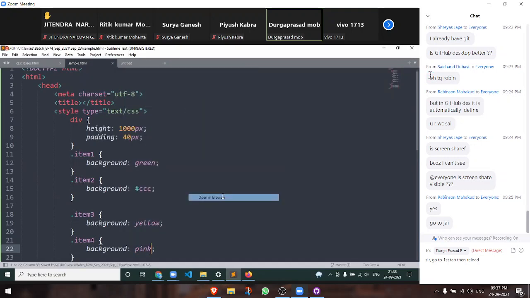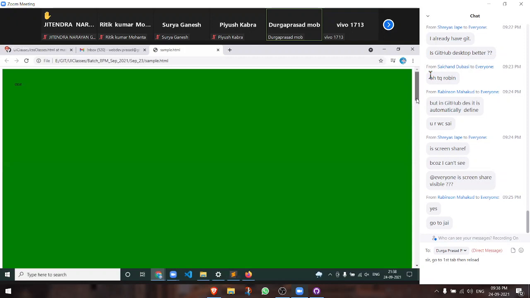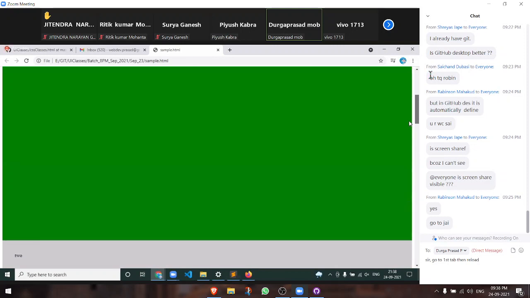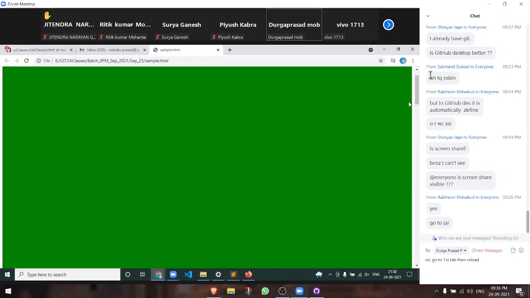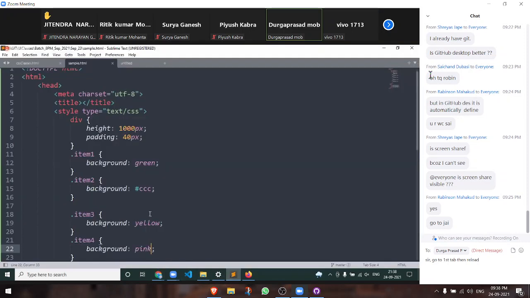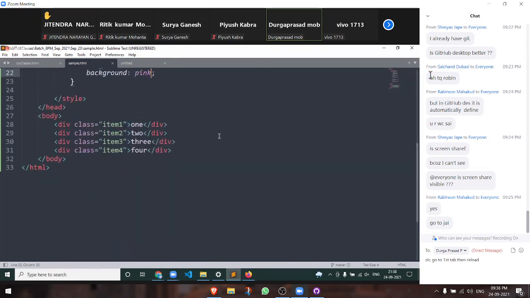Okay, now if I run this in the browser, do you see I have a green guy? When I go down, I have a gray guy. I go down, I have a yellow guy. I go down, I have a pink guy. How come it is happening? Internally it is not a single container. You are getting a feeling that it's a single container, a misassumption that for a single container, he's giving multiple colors. No. For a single container, you can give only a single color. The only option we have is linear gradient. But other than that, if you are getting it like this, in the sense he's creating multiple containers. That is what I have done too. I have created 4 containers and I'm giving different colors. Now inside this, I may write anything I want.